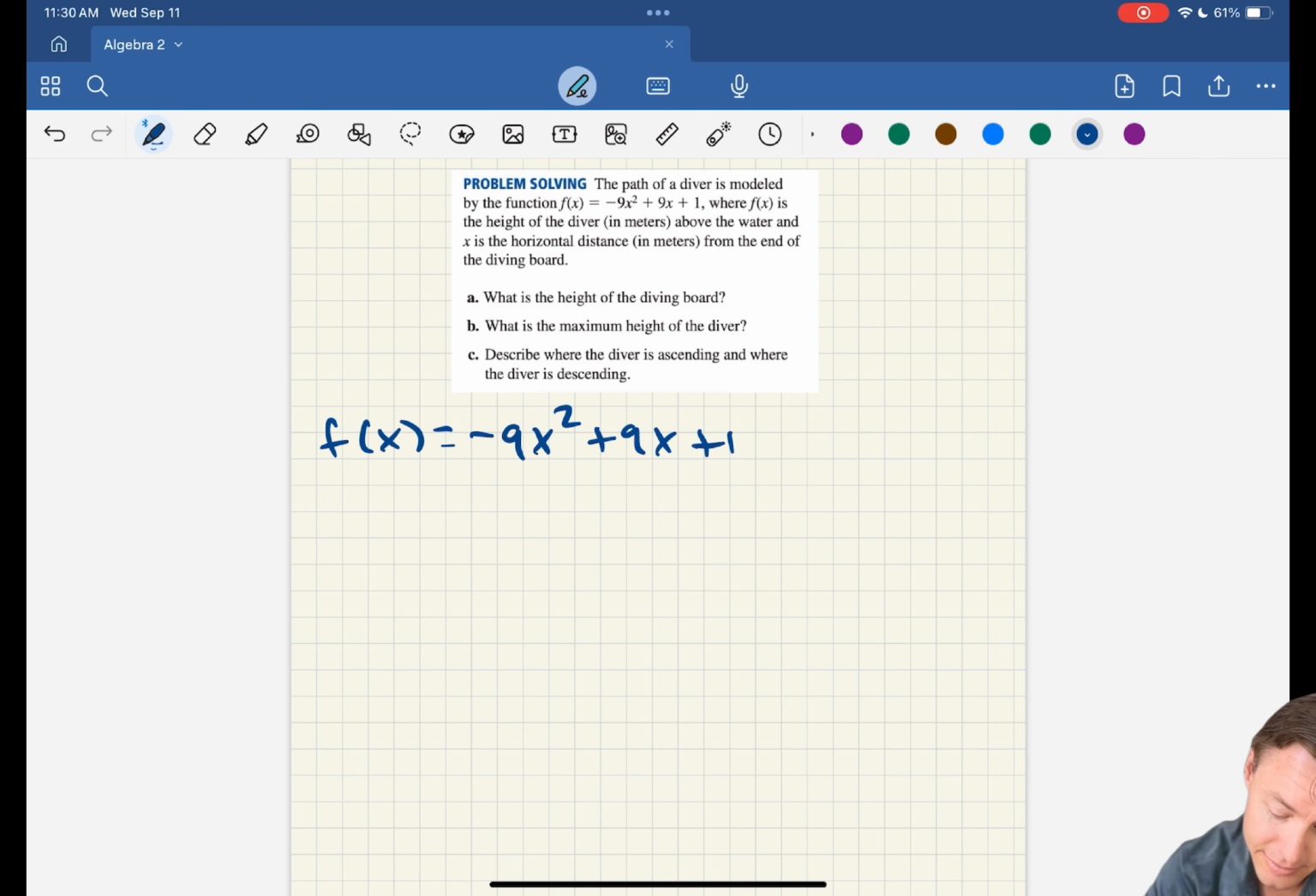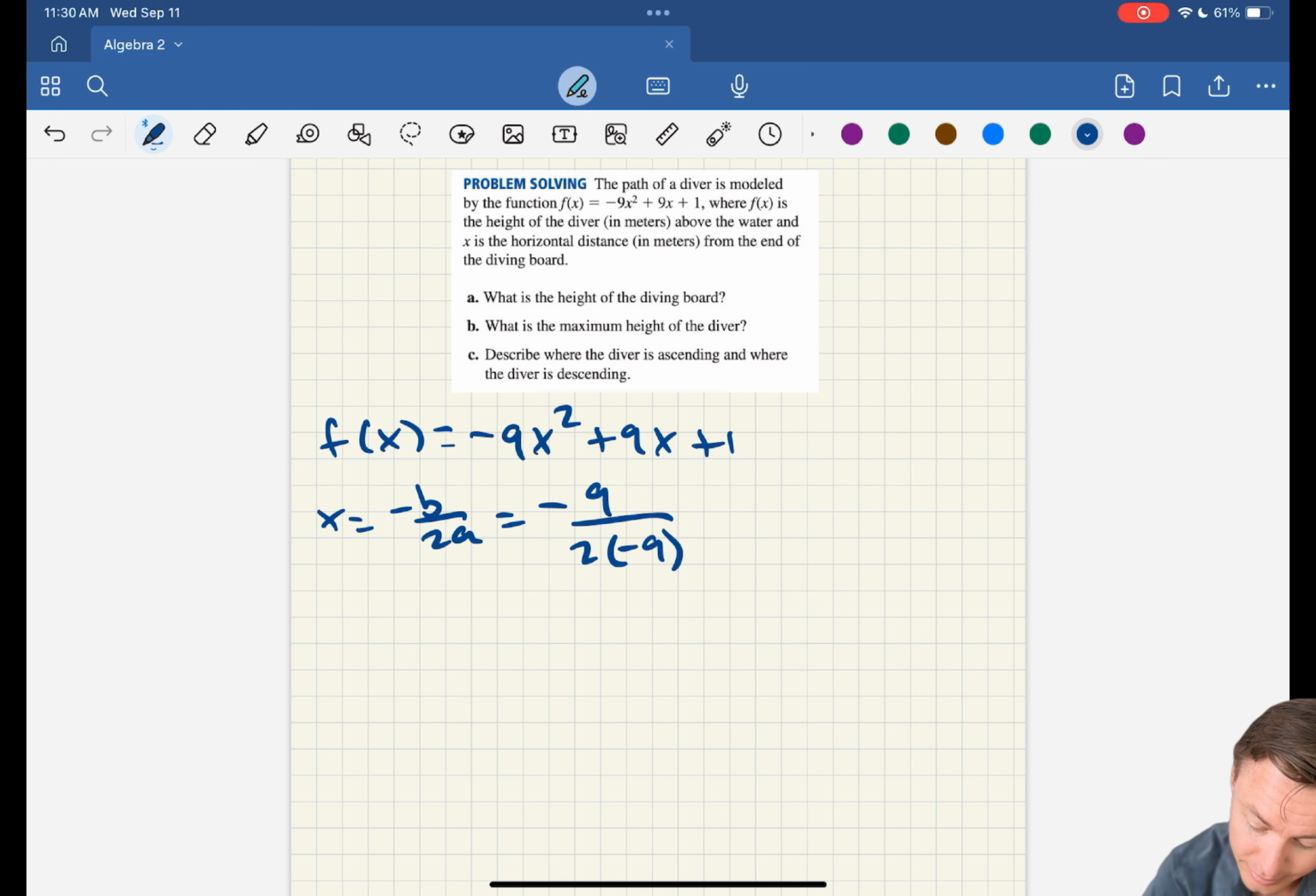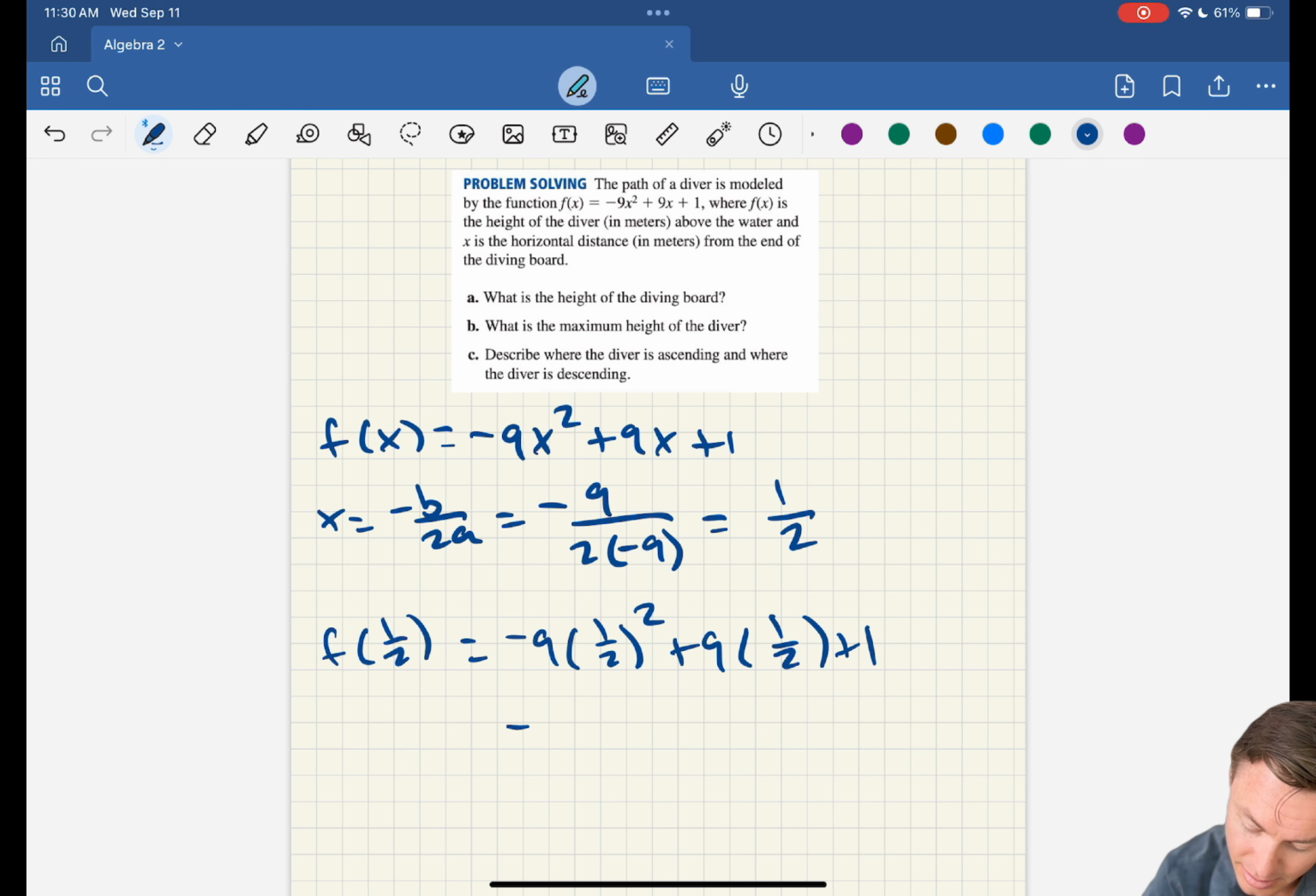Okay, so the x value of our vertex would be negative b over 2a, which would be negative 9 over 2 times negative 9, which would just be equal to positive 1/2. And then our y value of our vertex would just be f of 1/2, which is negative 9 times 1/2 squared plus 9 times 1/2 plus 1, which is negative 9 over 4